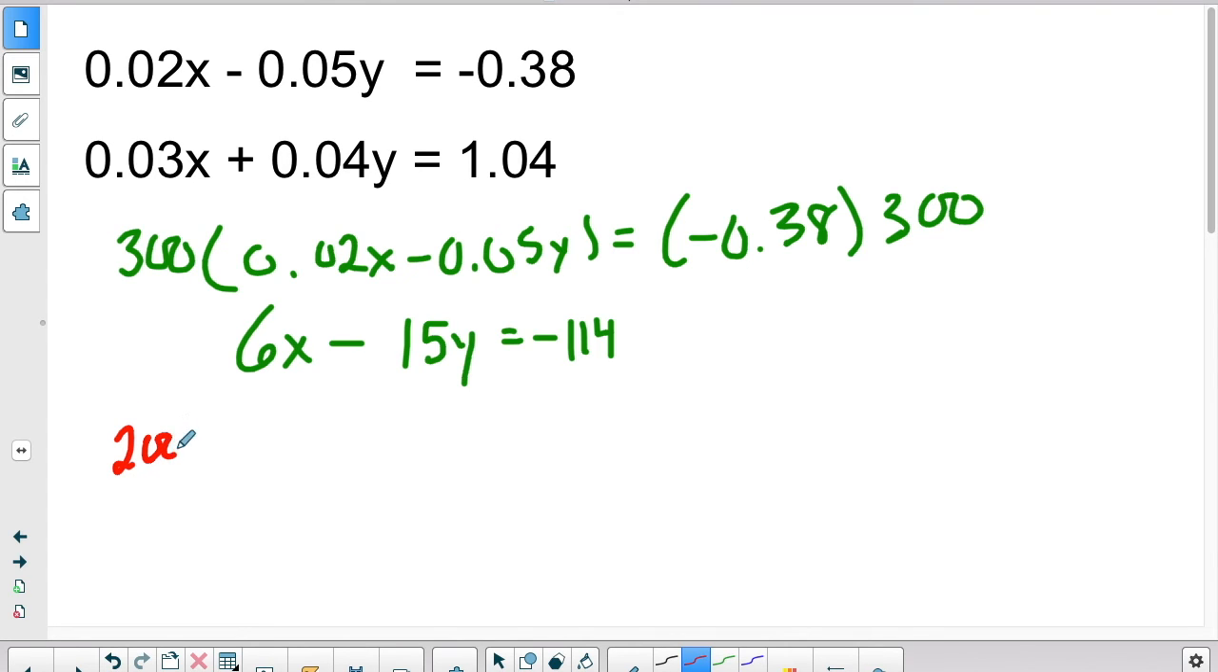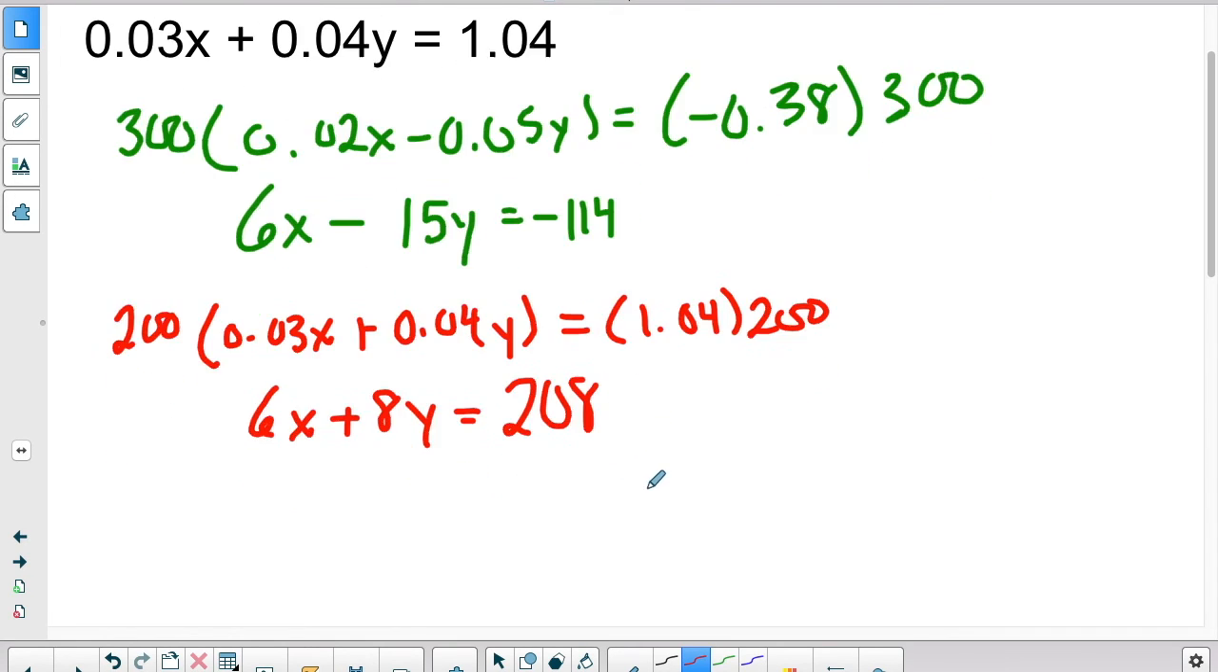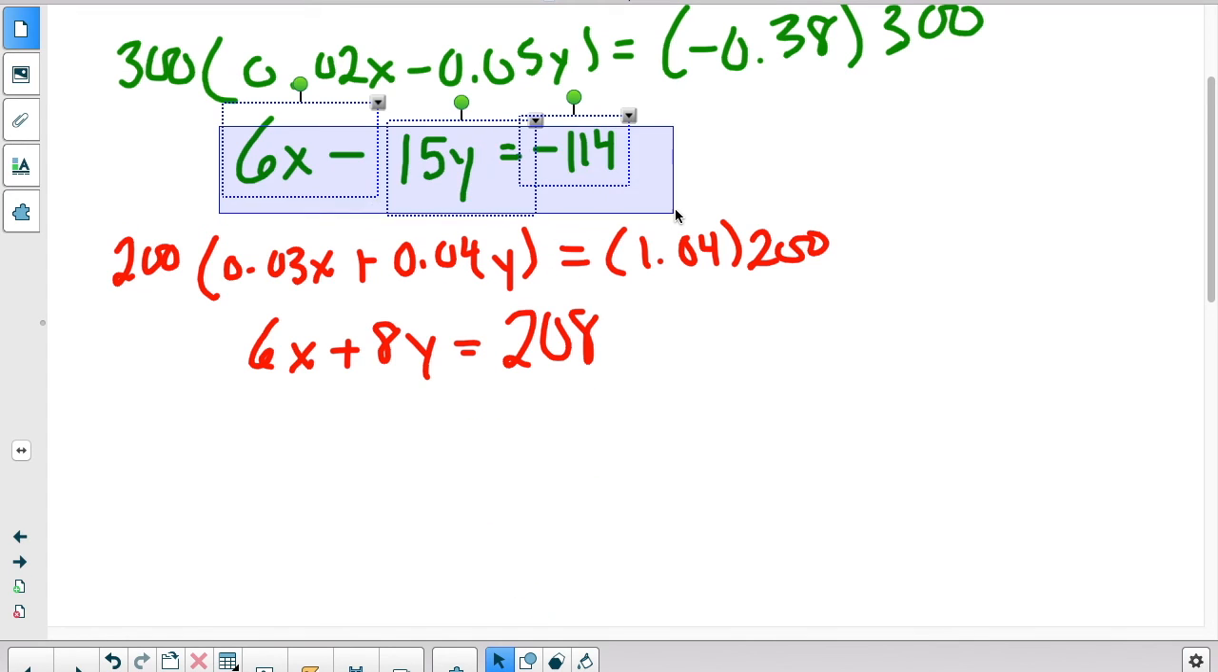Instead of multiplying it by 2, we'll multiply it by 200. x plus 0.04y, 0.04 times 200. And when we multiply it by 200, we would get 6x plus 8y equals 208. So we could use that to move the decimal place away and move it out, so it's easier to work with. And we take these two equations, take the whole thing,